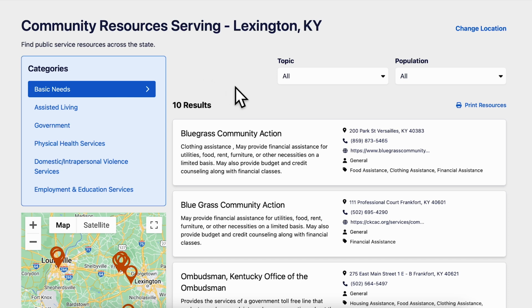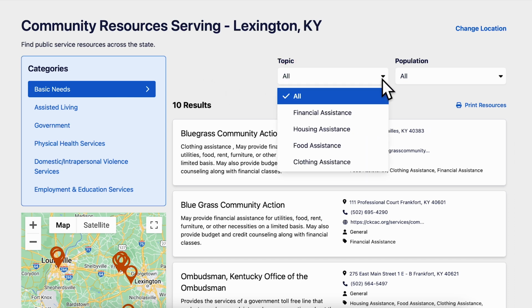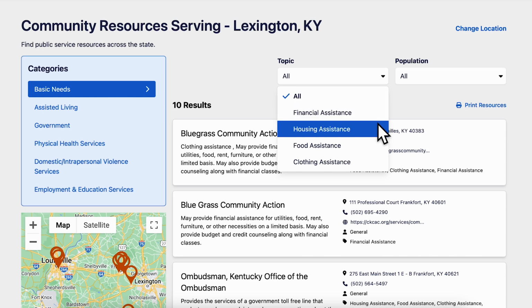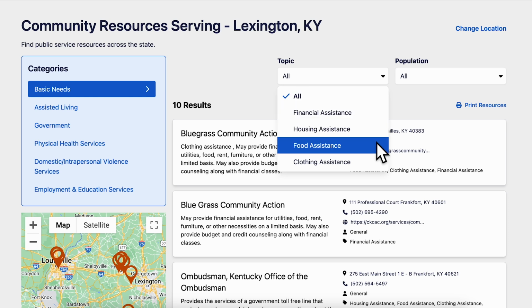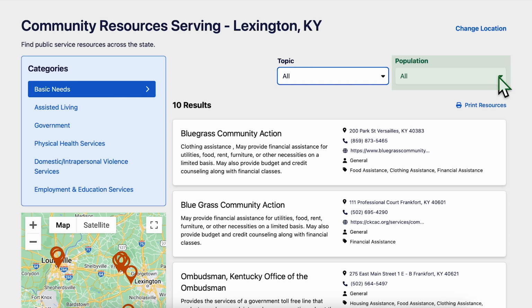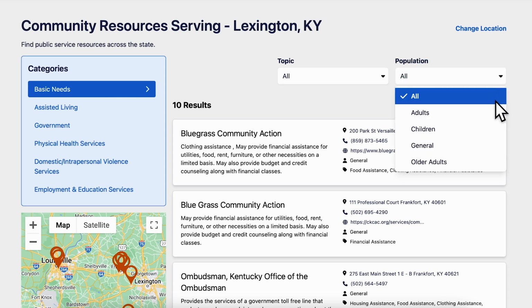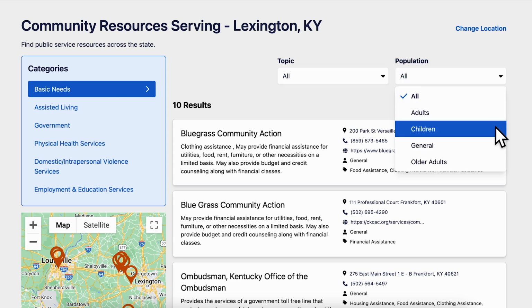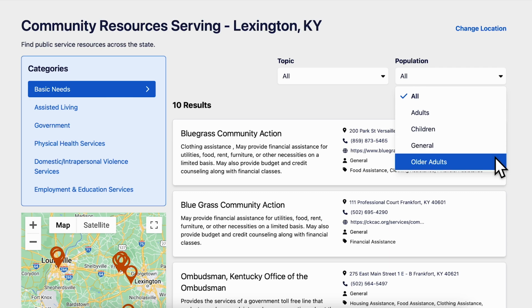At the top right of the page, you will find a drop-down box labeled Topic. You can click on that. This will show a list of resource topics based on the category you have selected. Each category has a separate set of topics you can choose from. Right next to the topic drop-down box is a drop-down box labeled Population. Here you can click on the specific type of population you are looking for and be shown only the resources